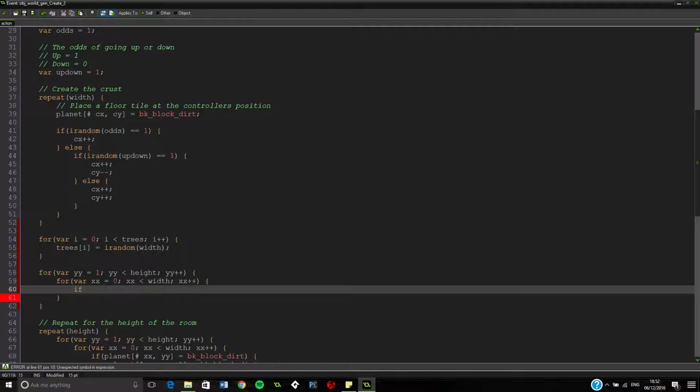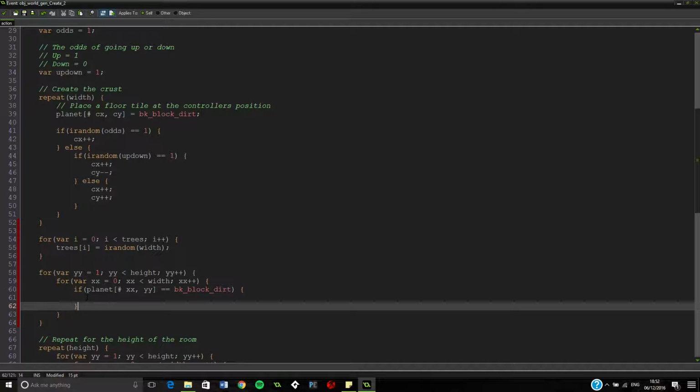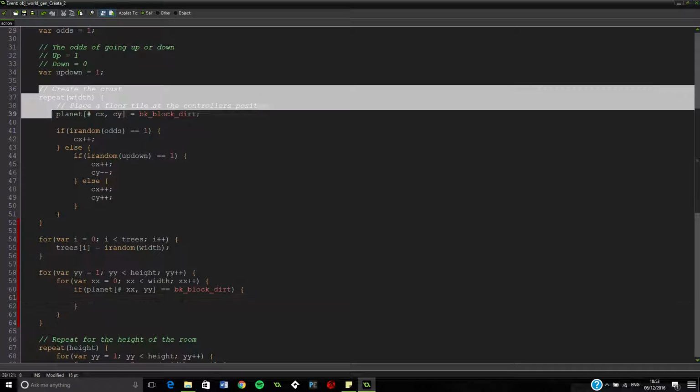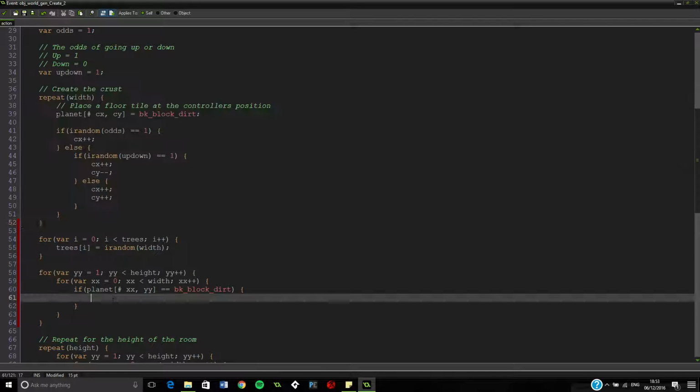So we need to then say if planet XX YY equals BK block dirt. So this is just looping through the whole of our planet and saying if that block equals a dirt block, because it should only be the crust at the moment that has it in, then we need to see whether